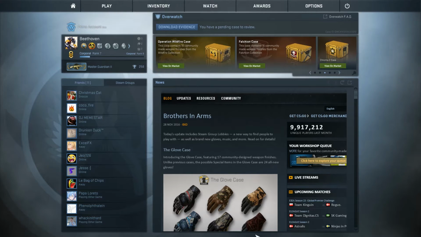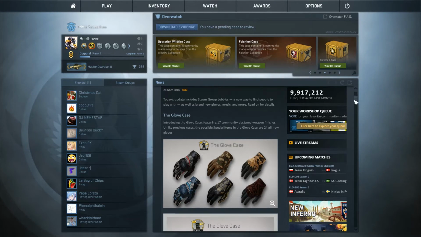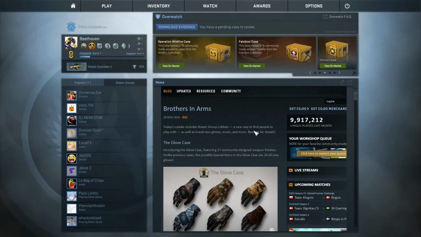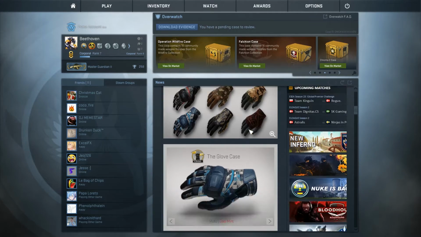Everybody. So today is, what, November 28th. It's around 8 o'clock and the operation just dropped for CS:GO. So we're just going to be doing a quick overlook of all the stuff that has come out for it. I'm just going to check out all the new additions, including the new items that they dropped and music kits